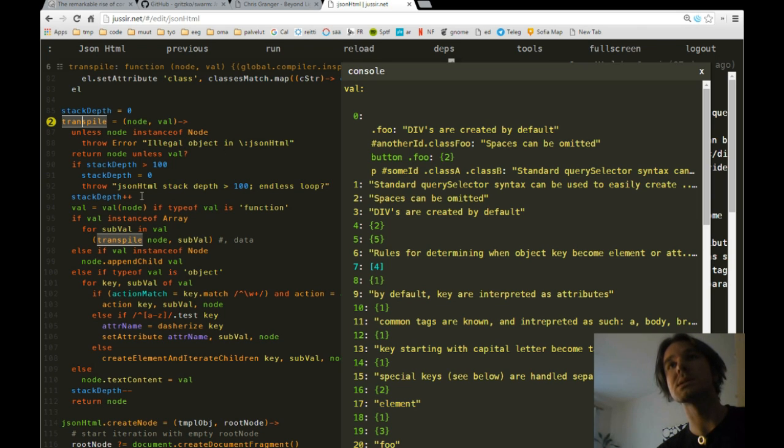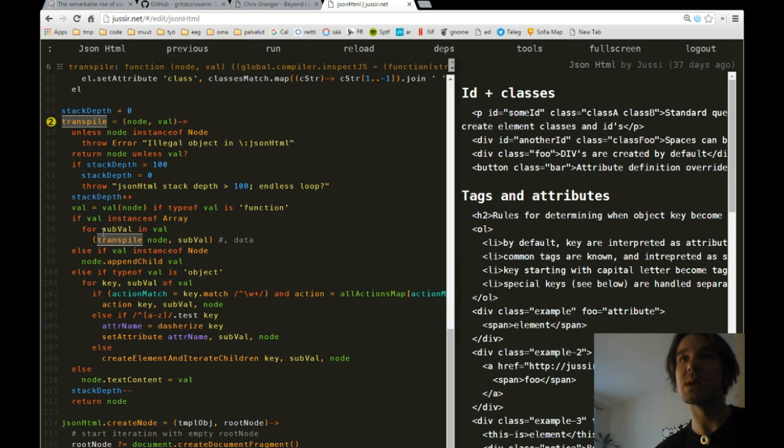You might also notice that before, all the values in here were white, but now we have color in them. So with the color indicating the type, we can instantly see all the types available in here. Also, now the inspector is inside the transpile function at this position, but if we put it in some different position,